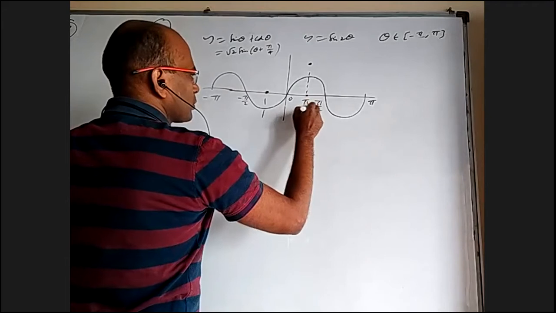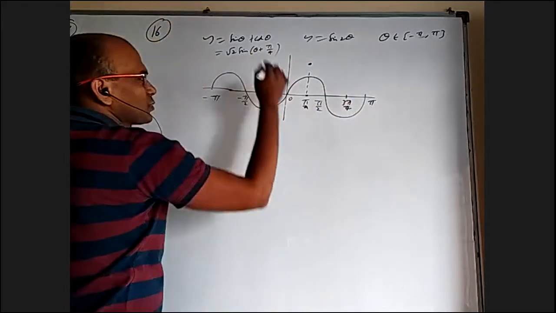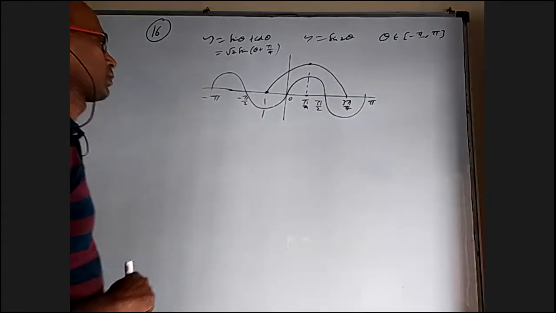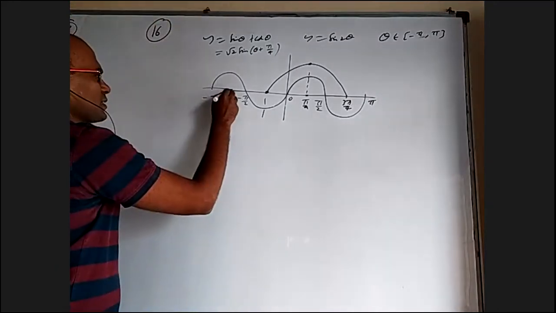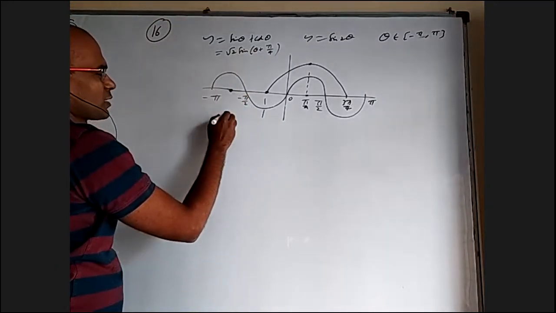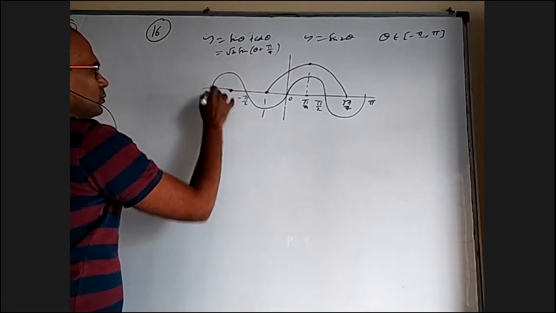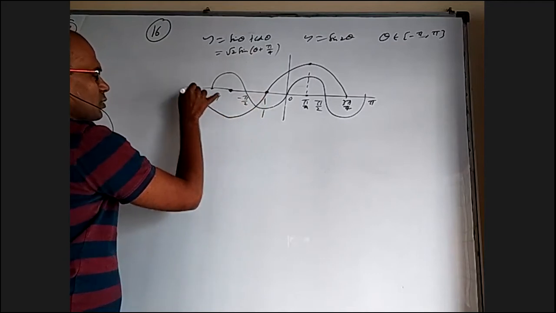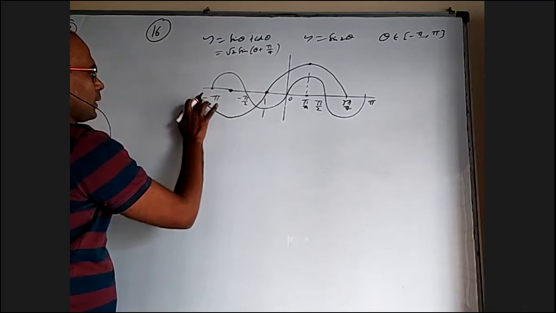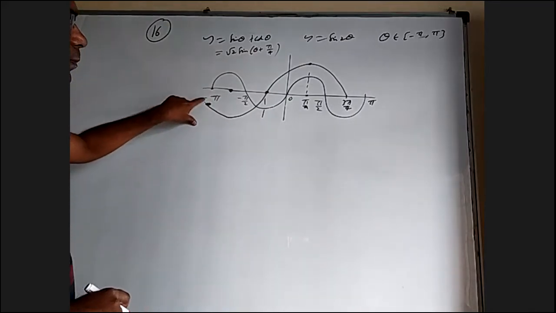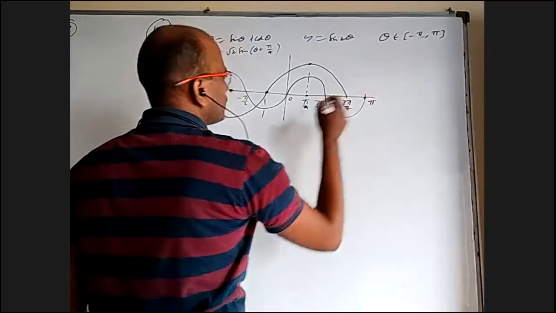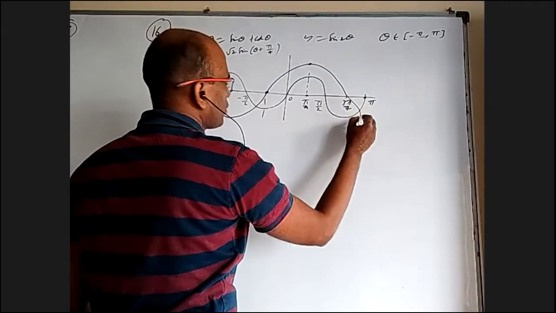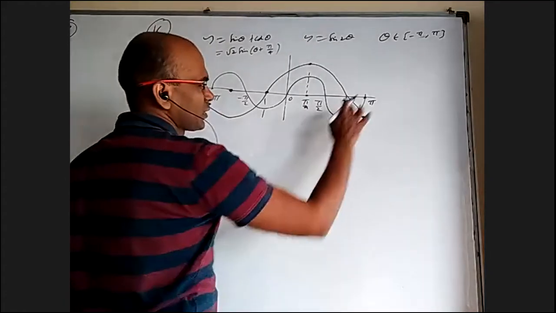This is pi by 4. This is 3 pi by 4, where it is 0. So one loop is here. And this is minus 3 pi by 4. At that time, it is minus pi by 2. So it attains minus root 2 there, and that is the lowest value. 0 would have been at minus 5 pi by 4. And this one also retains this region here. It will become minus 1 at pi. Sorry.